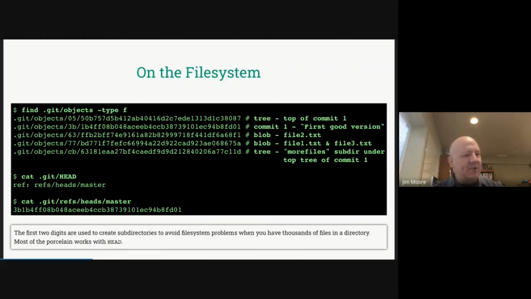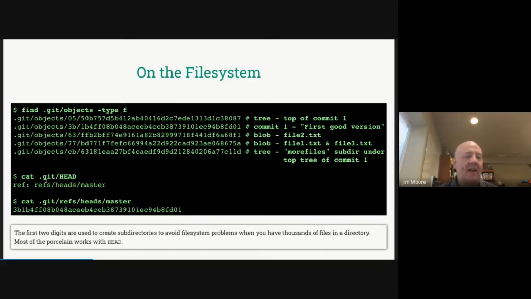But this is making sure that it never is a problem. Because if you've ever worked with large FTP systems or anything like that, where people are trying to shove hundreds of thousands of files into a single directory, file systems generally do not like that. So there's our file system structure.